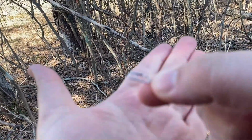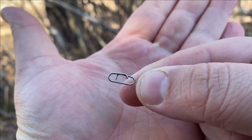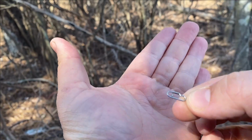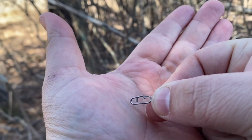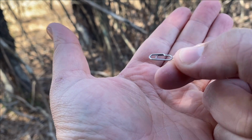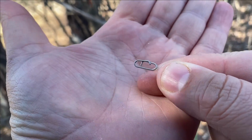So I'm out here fishing, and I'm gonna tell you why I'm using this snap. The reason why I'm throwing a snap on my line, and I think these things have their place and they don't, but for me, the situation where I'm gonna be using this snap is I have a rod that's designed